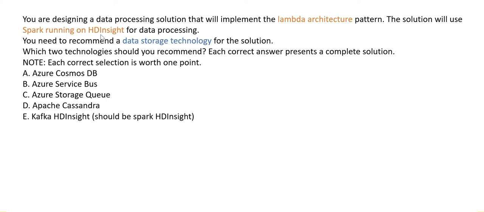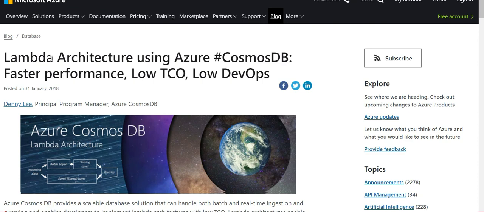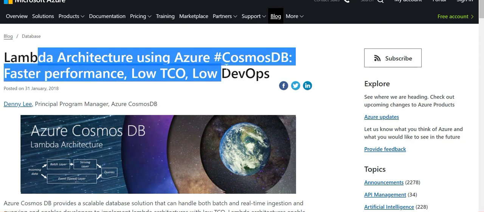Obviously, with Lambda architecture, there is a set of technologies like Cosmos DB and Spark for HD Insight, and Cosmos DB change feeds can be used. So if you see this, it is mentioned here. I'm on an article which says Lambda architecture using Azure Cosmos DB.